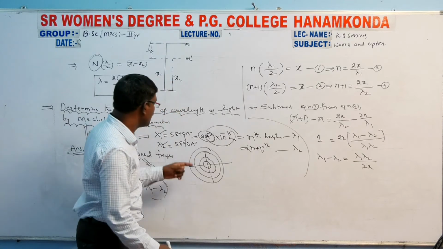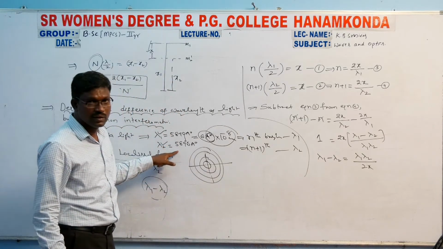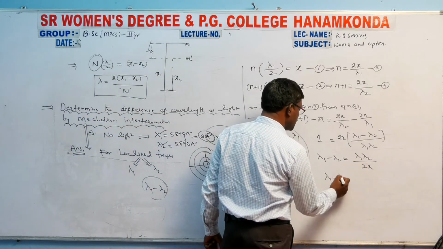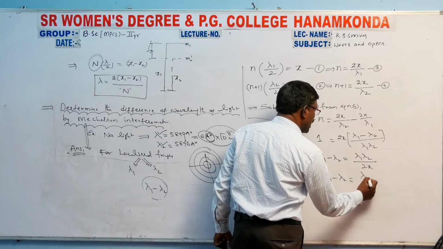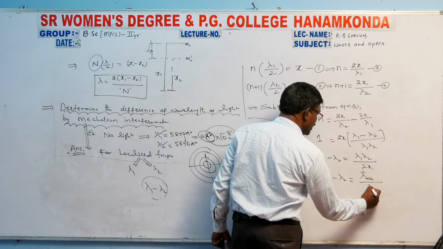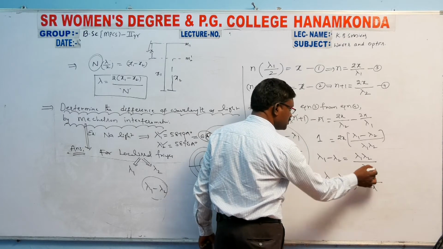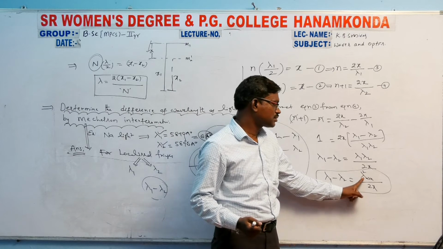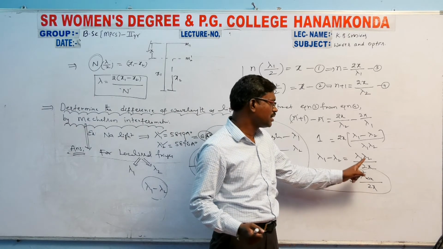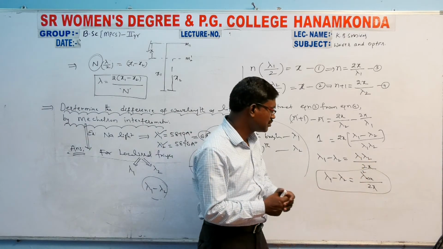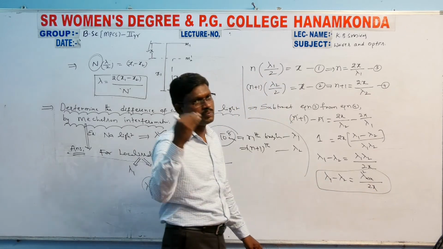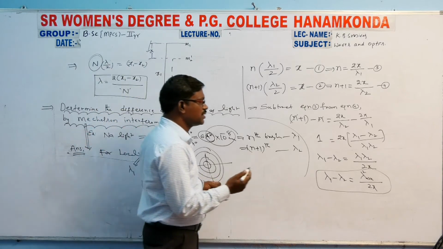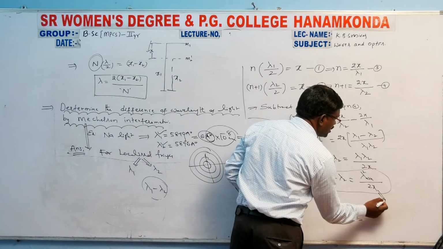This lambda 1 and lambda 2 are nearly equal. So instead of lambda 1 into lambda 2, you can substitute lambda average squared, whole divided by 2x. What is lambda average? Lambda average is the average of lambda 1 and lambda 2. What is x? That is the displacement of the mirror M1 from M2 dash. So this x can be directly calculated by using the micrometer